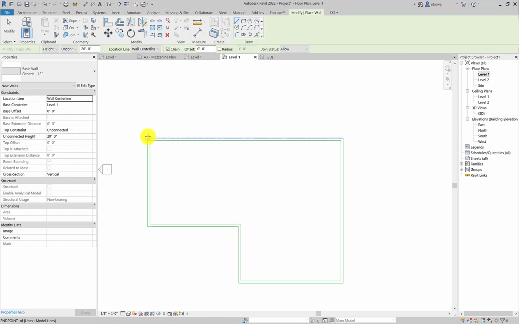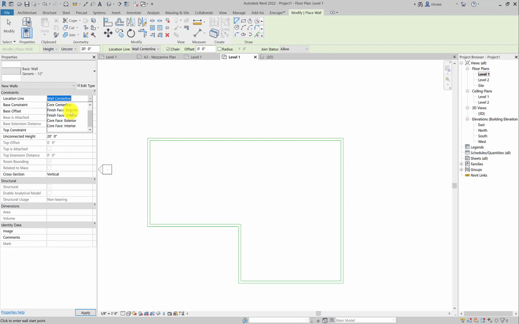Centerline really doesn't work very well for me because obviously I don't want the wall there. I want it to go instead of this. So you have to play around a little bit. I always have to refresh my memory. So what do we have? Finished face exterior, or you have core face exterior. The difference between these are that